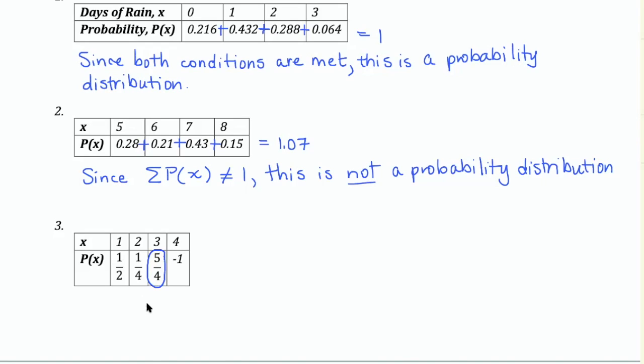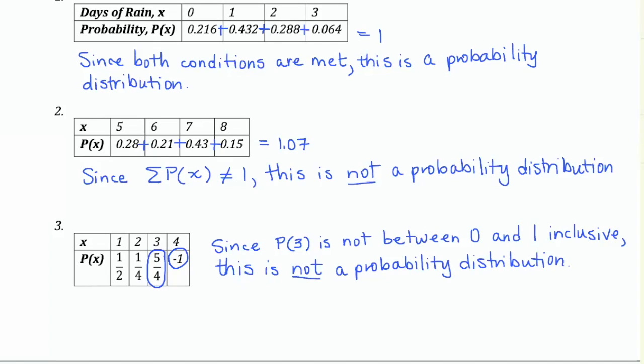That's not between 0 and 1. So right there, I know this is not a probability distribution. But also notice we have a -1. Probabilities don't take on negative values. So that's another reason why this would not be a probability distribution. So I can say, since the probability of 3 happening is not between 0 and 1 inclusive, this is not